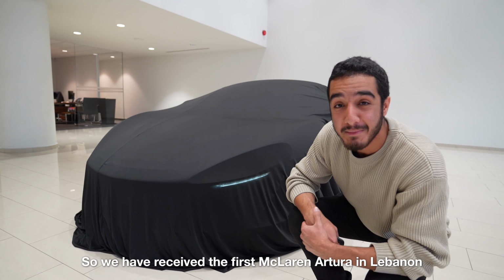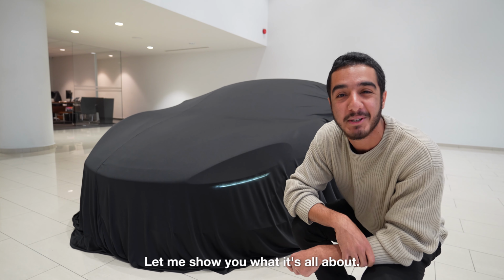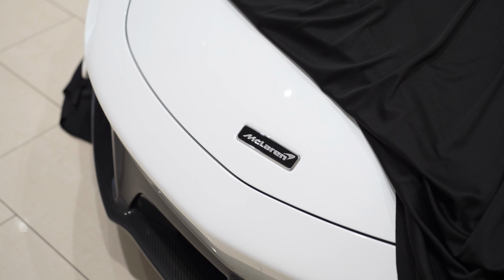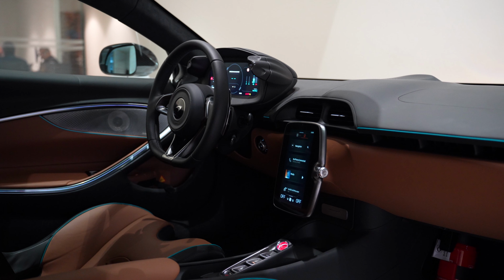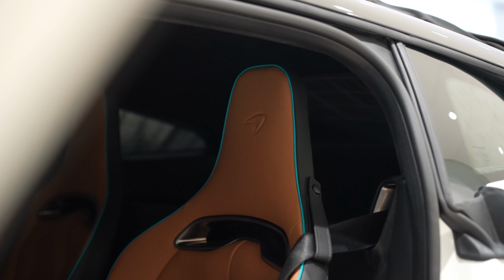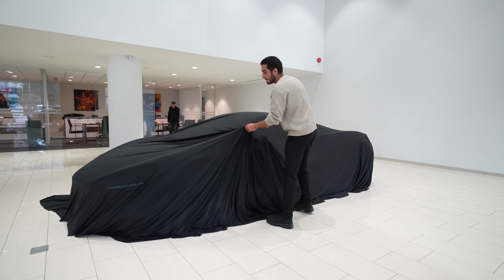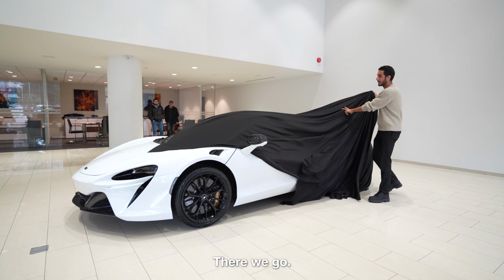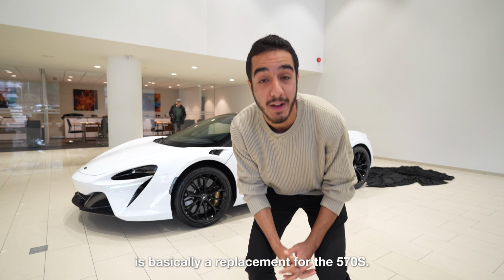So I have received the first McLaren Artura in Lebanon, and I have covered it to give it a dramatic effect. Let me show you what it's all about. There we go. Now, as you guys already know, the McLaren Artura is basically a replacement for the 570S,